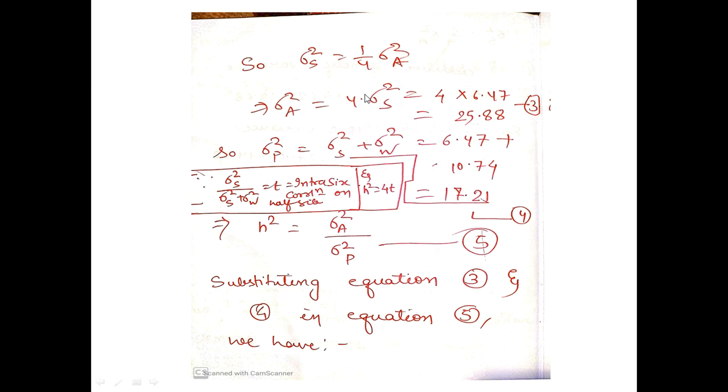I also told you all that you can straight away calculate heritability as 4 times sigma square S upon sigma square S plus sigma square W. So you don't need to do so many things. Or else you can calculate T, where T is equal to sigma square S upon sigma square S plus sigma square W, and then heritability as 4 into T. Anyhow, you have to calculate H square, which is sigma square A upon sigma square P. If you have not been asked to calculate this T component, that is the correlation coefficient, separately, then in my opinion, just straight away calculate H square equal to 4 times sigma square S upon sigma square S plus sigma square W.